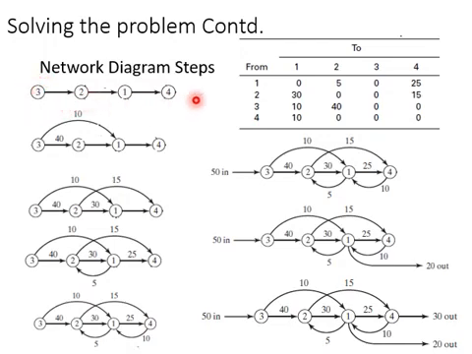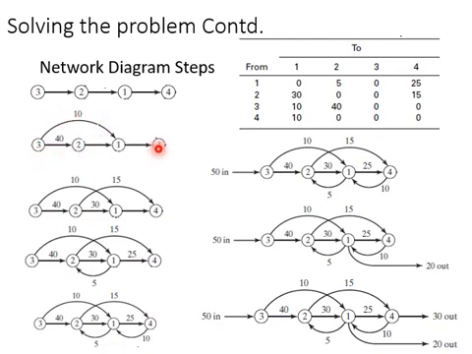This will be the first step. We already know the sequence, we will show it by the nodes. Now coming to the second step, we will take machine by machine. So the first machine is 3. Go back to the from-to chart which is given in the question. We can see for machine 3, 10 parts are getting processed on machine 1 and 40 parts are getting processed on machine 2. The same thing we have shown graphically.